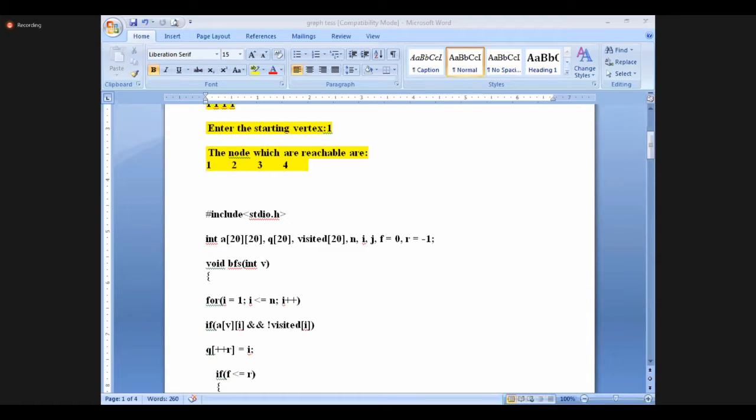If it is 1, it is visited; if it is 0, not visited. Based on that, we will make the visited array 0 as 1, then visit 1 and make it 1, then visit 4 and mark it visited in the visited array. Then from 1 we will see adjacent vertices.